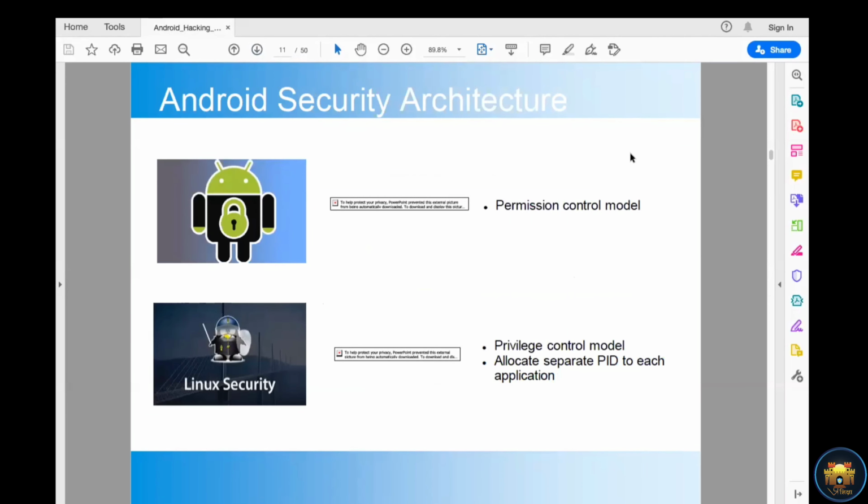Here, application security architecture. If you talk about the application security of Android, it depends upon two layers of security. One is Linux security, another one is the Android permission control model. In Linux security, if you install any application, the application has a different PID value and a different user owner, the application owner.